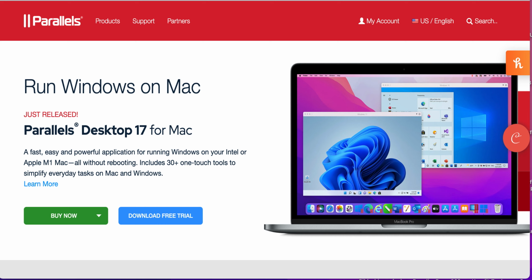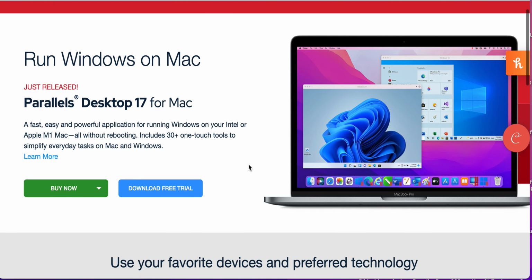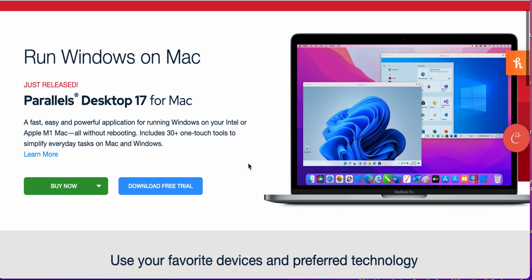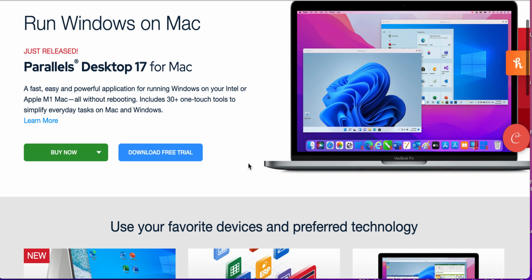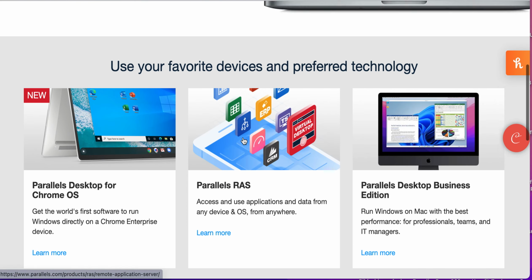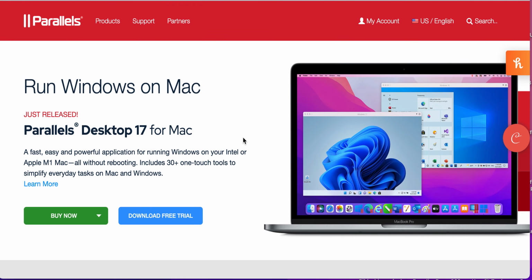So the only thing you have to do is get the program from Parallels so that you can run Windows on Mac, and you are able to run your MetaTrader on your Mac at the same time as you use